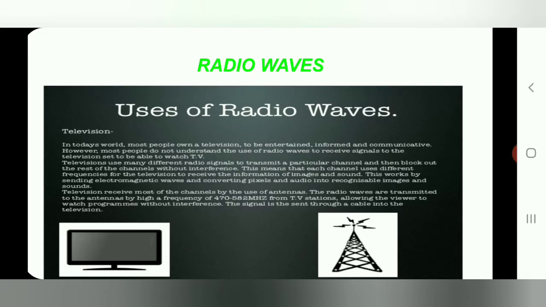Then radio waves. These are the waves of longest wavelength amongst all the electromagnetic waves. Their wavelength is about 10 meters or more, or frequency below 3 × 10^7 hertz. They show all the properties of electromagnetic waves. These waves are used mainly in radar communication and also in radio and television transmission.